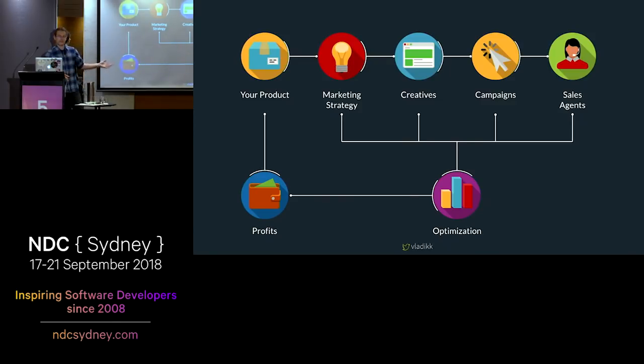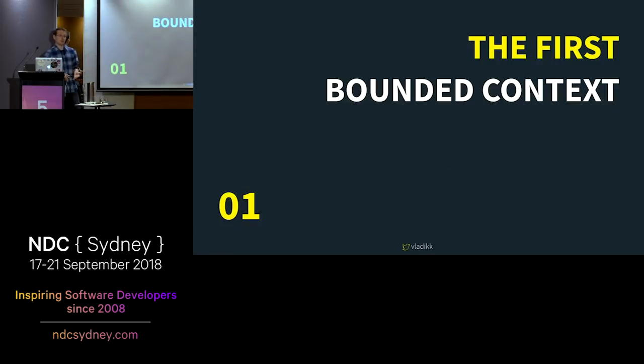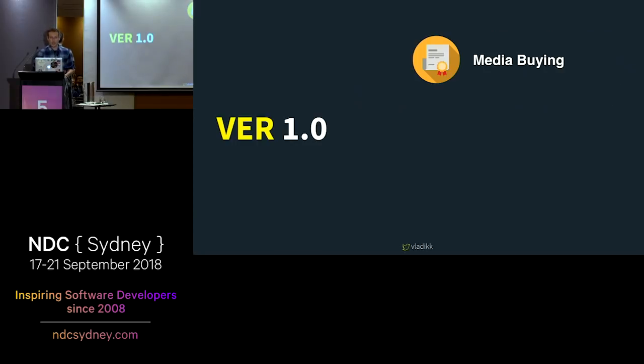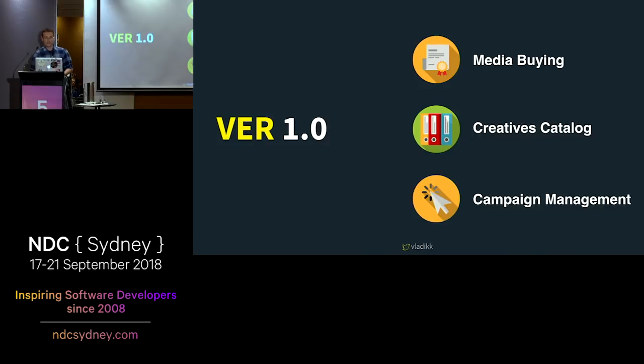That's the system that I signed up to build, and since we were a self-funded company, we had to get rolling as fast as possible. Therefore, we started by implementing the first third of our value chain. We had to provide a system for media buyers to manage contracts with various publishers, a catalog for our designers to manage their creatives, and of course, a campaign management solution to run advertising campaigns, which meant not only a management system, but an advertisement hosting and serving solution as well.